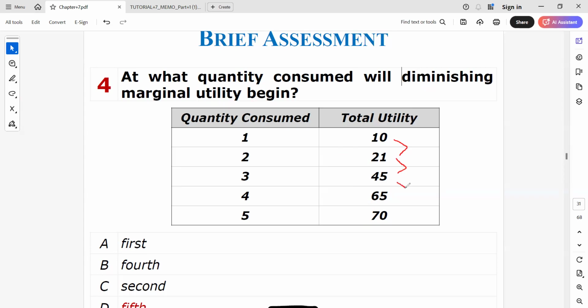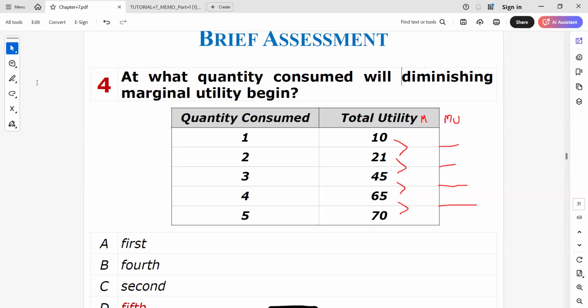So we're going to calculate your marginal utility. I'm just going to write here. Let me just write MU. Okay, should I write here outside? Okay, let me just write outside. MU. Okay, then let me just do this. And then so